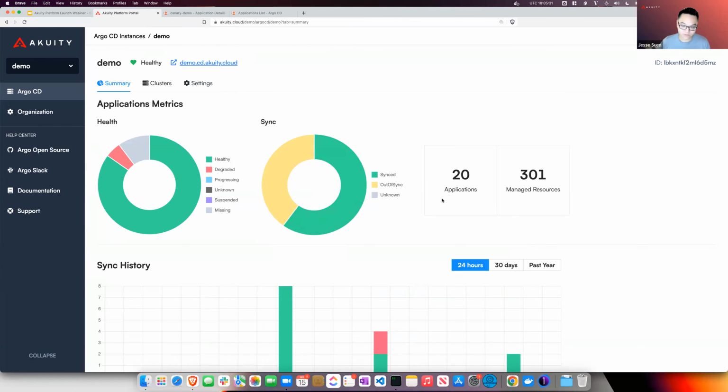Some of this stuff is appropriate to do upstream, and some of it is a layer on top, right? In my mind it's pretty clear what should go upstream and what should be available in a separate product, like things that span across Argo CD instances, for example, at the organization or enterprise level. Those are the types of things that we will continue to invest in and implement in our platform.